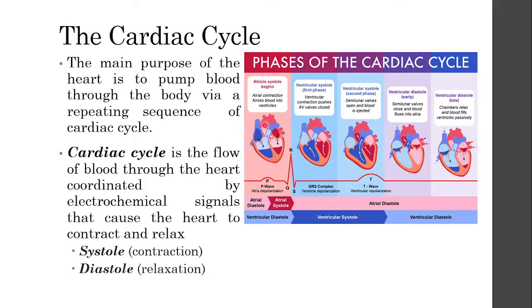So atrial, that's basically the atrium. Systole is contraction. So we start with the contraction of our atrium. That's both for the left and the right atrium, and the atrial contraction will force blood into the ventricles, and then after the atrial